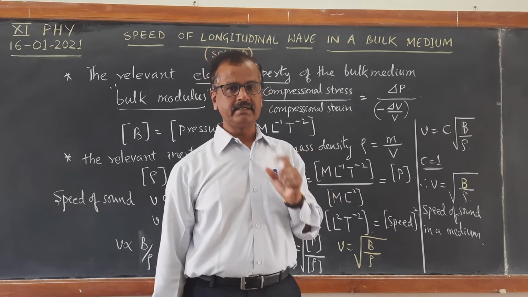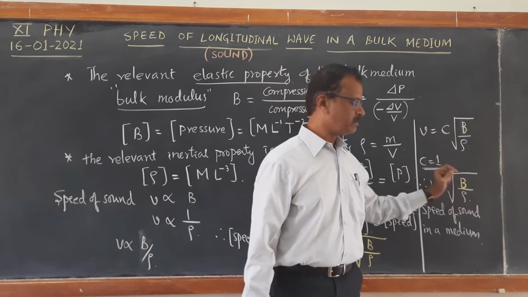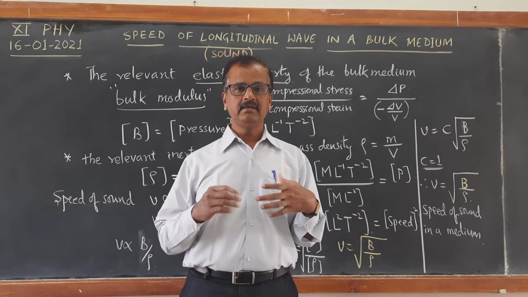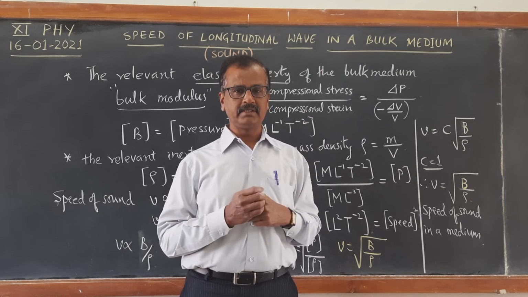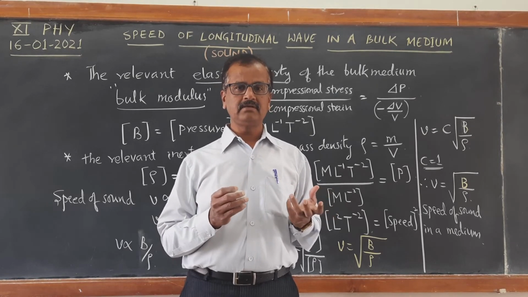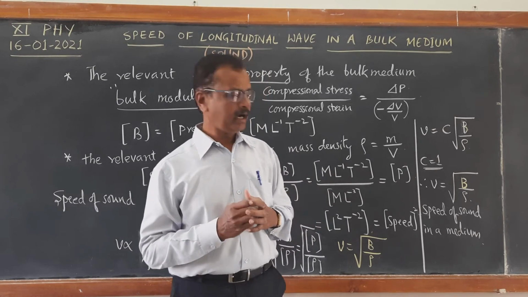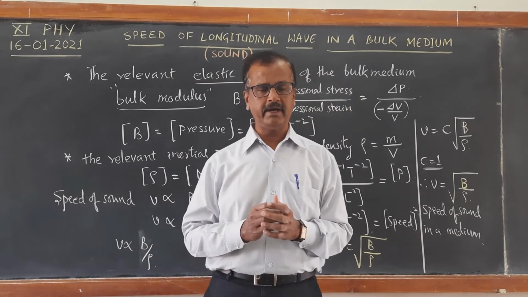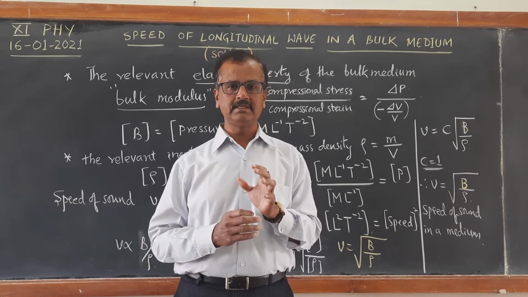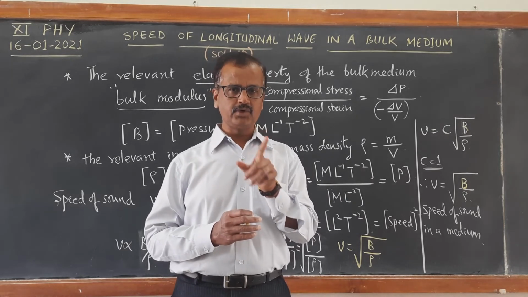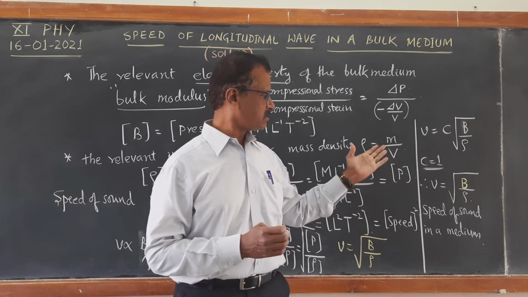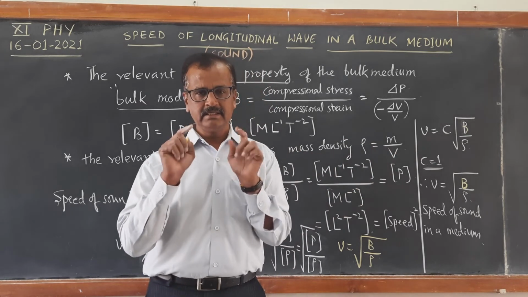How does it depend? It is all because of the bulk modulus. The bulk modulus of solids is highest because of their incompressibility. So as a result of a high value of bulk modulus, and even though the density of solids is also high, the bulk modulus is so high that the ratio of B by rho is going to be very large. Therefore, speed of sound in case of solids is highest. Let us see the data.